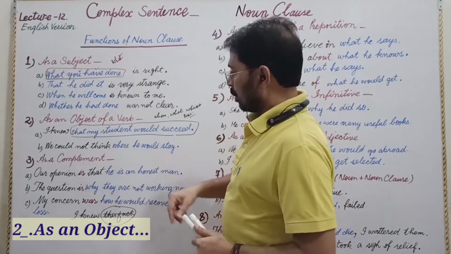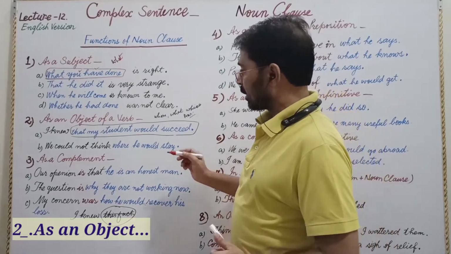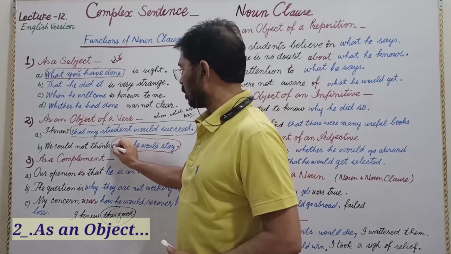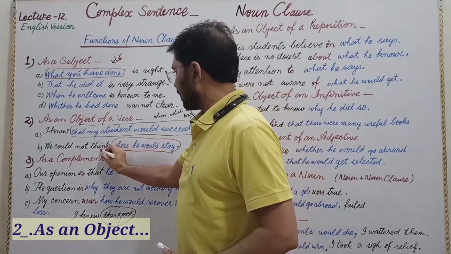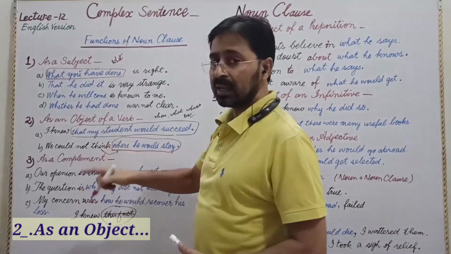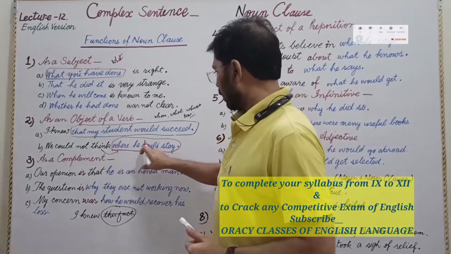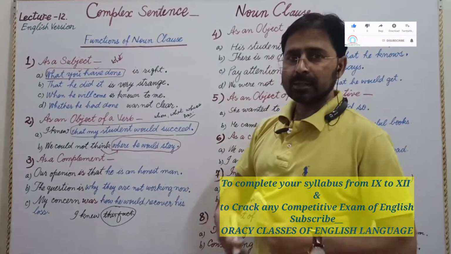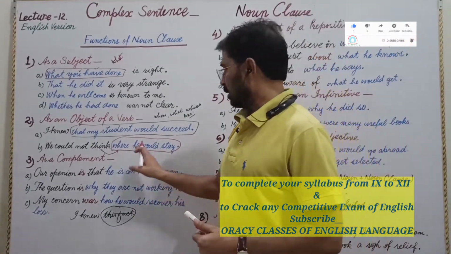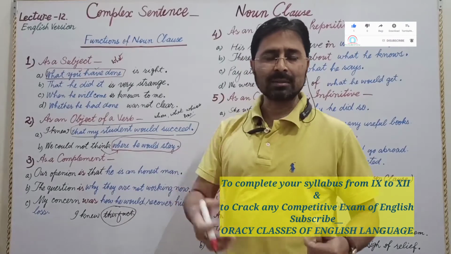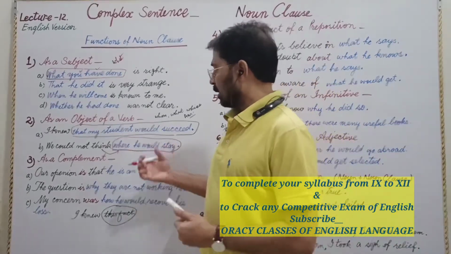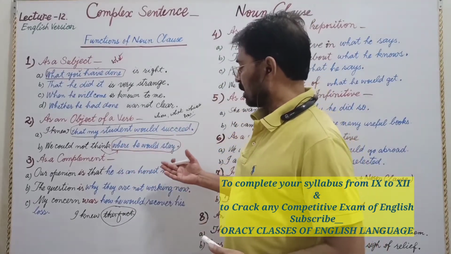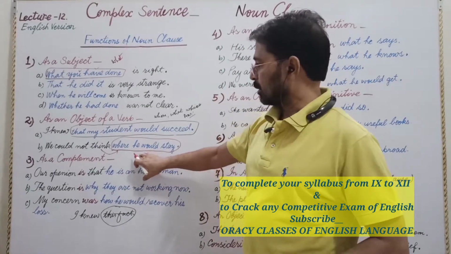Can you find which part can be called a subordinate clause? Yes, of course. The part written in this blue color is called a subordinate clause, and this is the object of think. Think is a verb, and where he would stay is a part which has its own subject and predicate and is used as an object. And the whole group of words which has its own subject and predicate is known as a subordinate clause, and you can say noun clause, and it is used as an object.